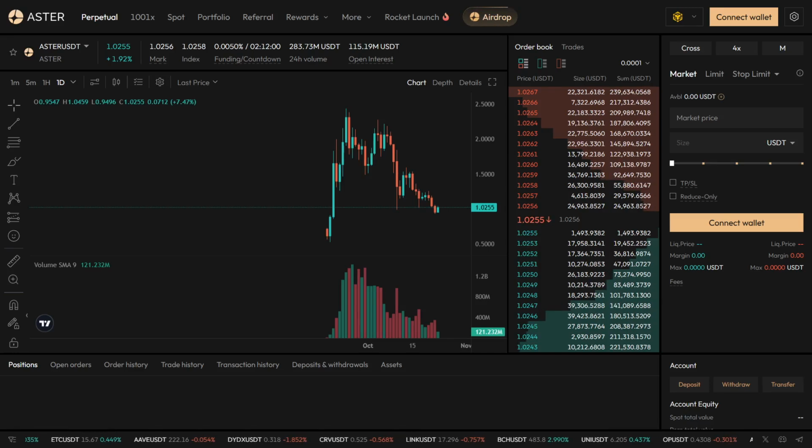In this video, I'm going to show you how to withdraw Aster to MetaMask from AsterDEX. Now, the first thing you want to do is go to Aster's official DEX website and then